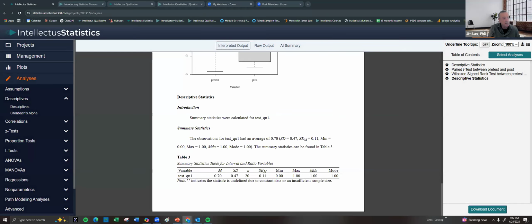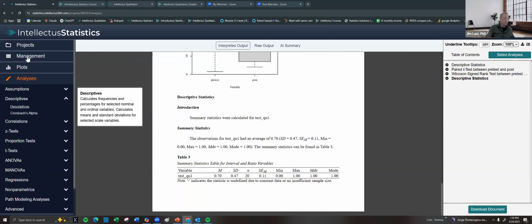Right? That mean is 0.70, okay? That proportion is 70%. 70% got that correct, okay? So that's how you do it. I would just keep it as a scale, but even if it was nominal,